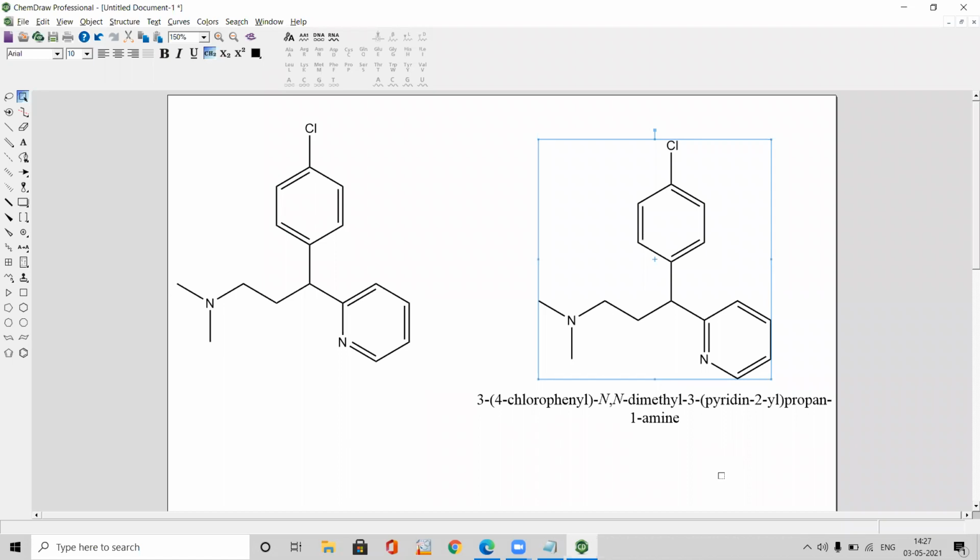It will give chemical name according to IUPAC rules. So 3,4-chlorophenyl, N,N-dimethyl, 3-pyridine, 2-aryl propane, 1-amine.